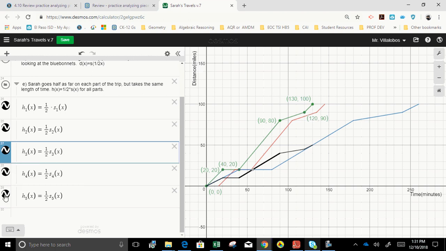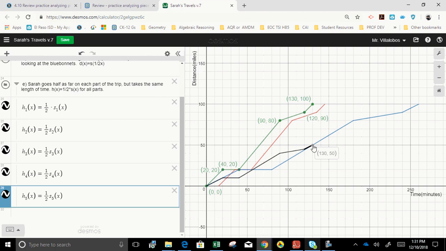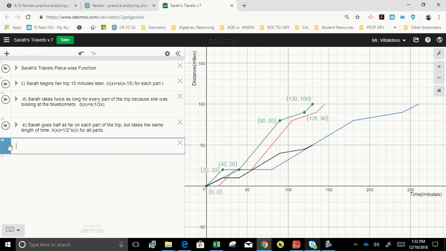Okay, so I switched that one to half. I think black is better looking. It's easier to see. At this time, she took 130 minutes, but only went 50 miles because I halved her distance. And now I can close that. That's done. And we can add the last folder